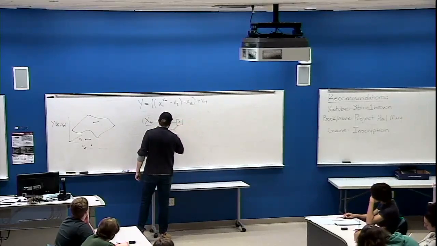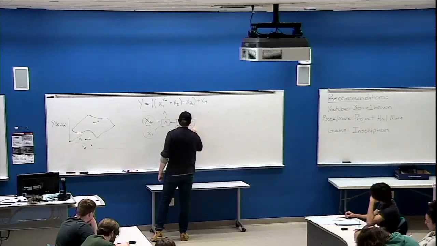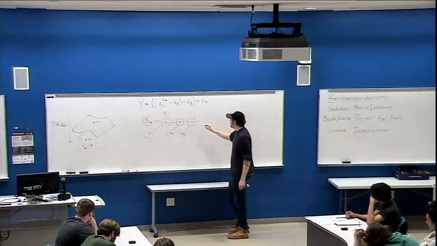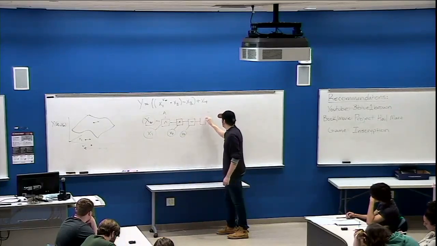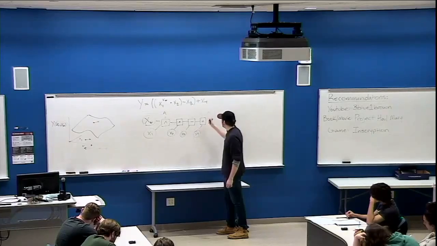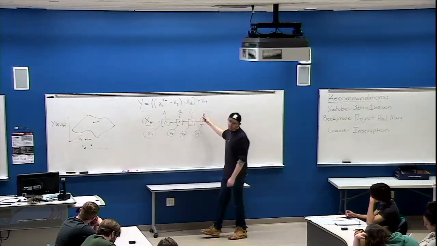Multiplying by x2. Then we have subtraction by x3, right here. And then finally, we add x4. Okay? And I'm going to go through and label each one of these. So this is going to be x4. This is going to be then b. This one is going to be c. And this one is going to be